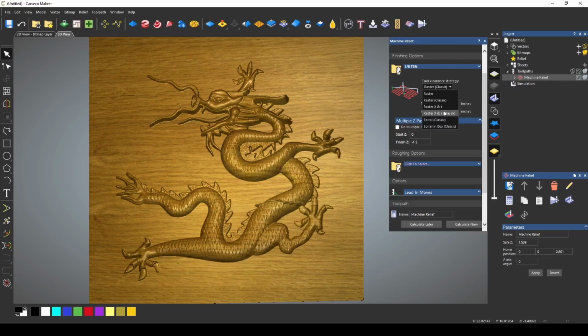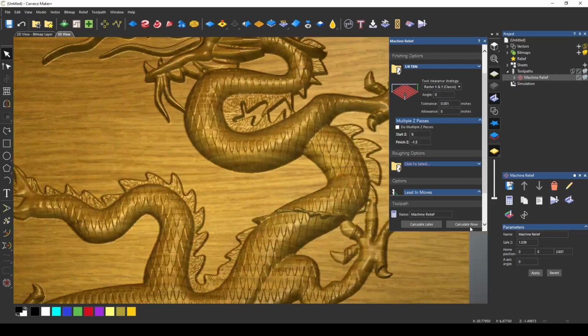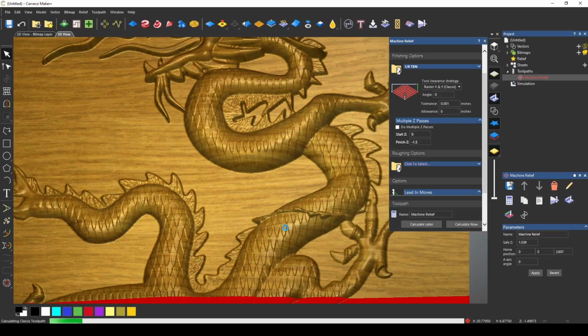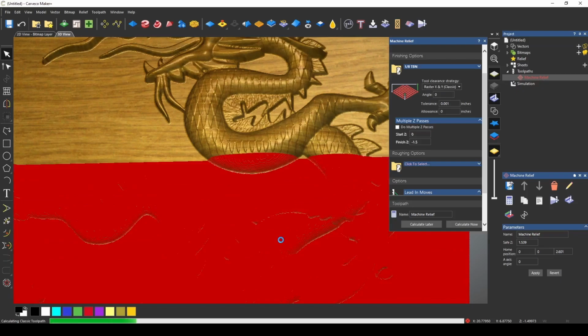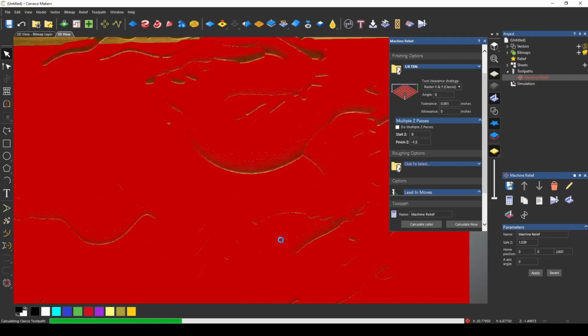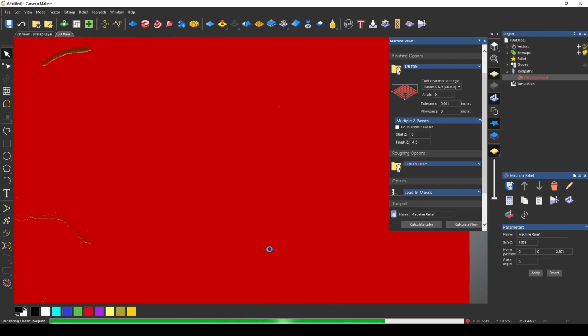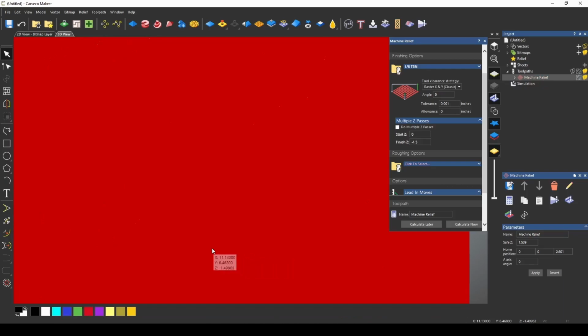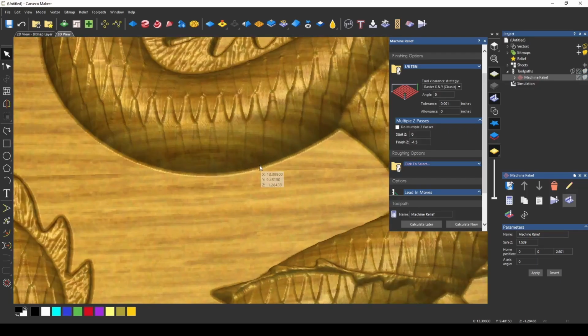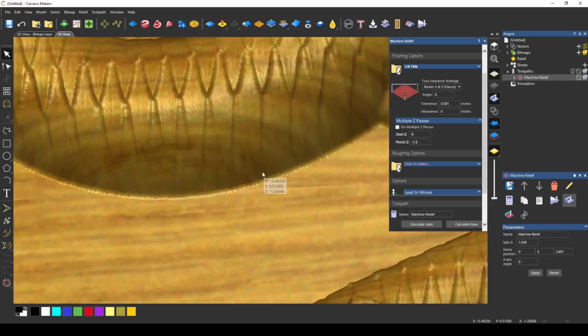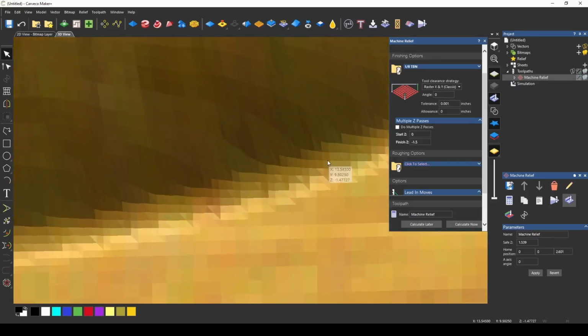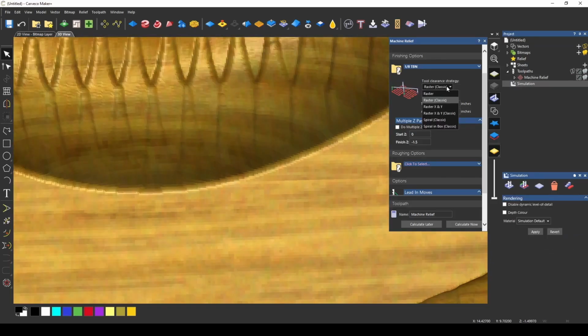If we change to the Raster X and Y, the Raster X and Y strategy is very similar to the Raster strategy, except it just adds an up and down strategy. Now, because it runs two strategies, this is the longest toolpath strategy and takes the most time. If we run our simulation, you can actually see from the simulation that the bottom edges are a lot cleaner. When you add that second pass, that's the other direction, it helps clean a lot of that up.